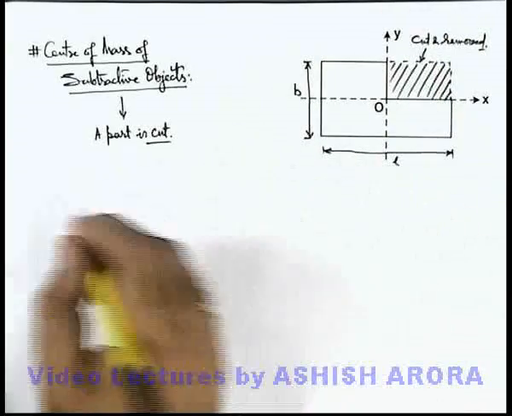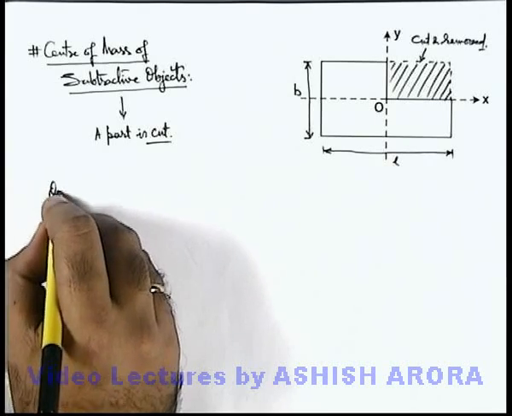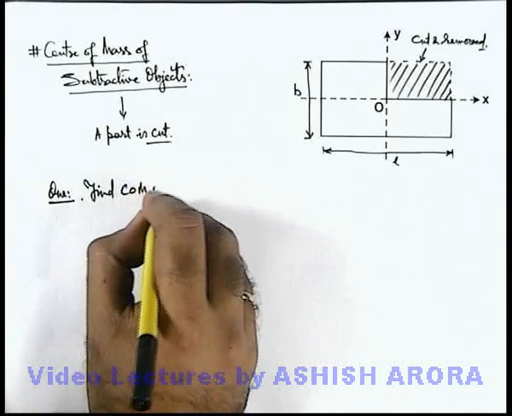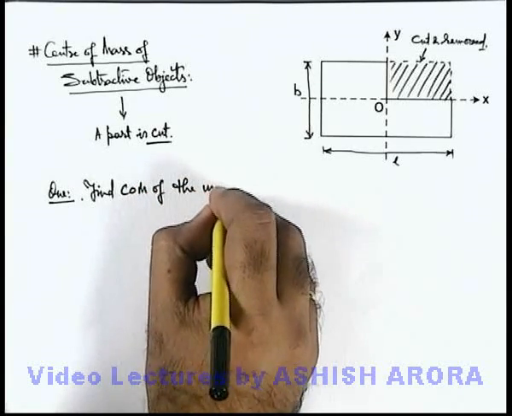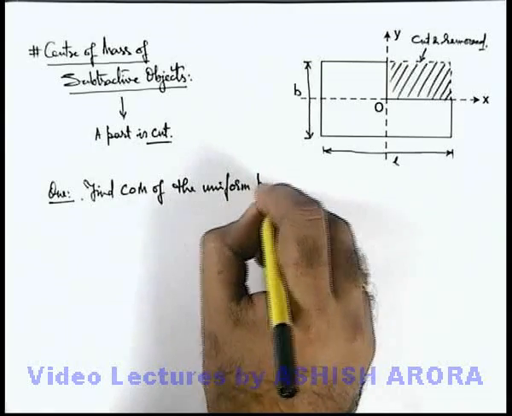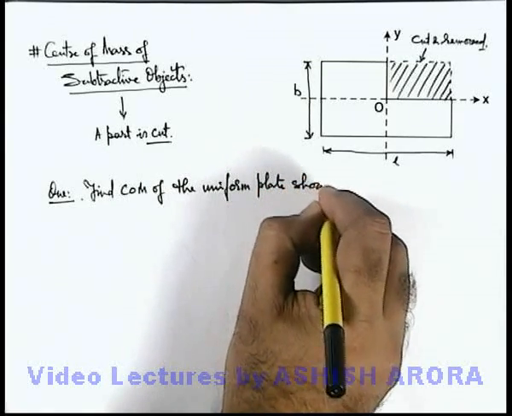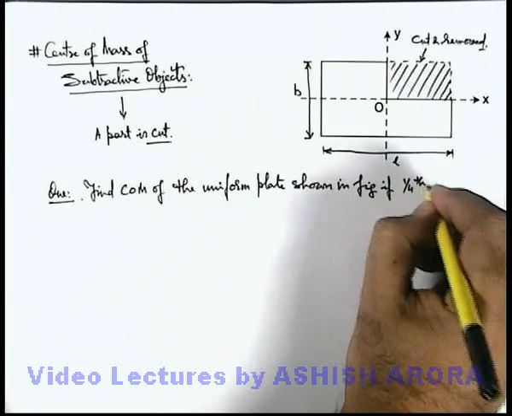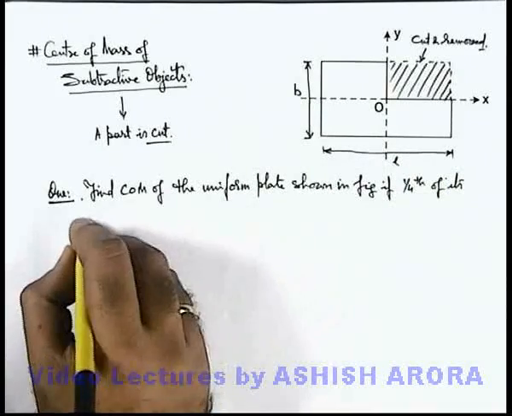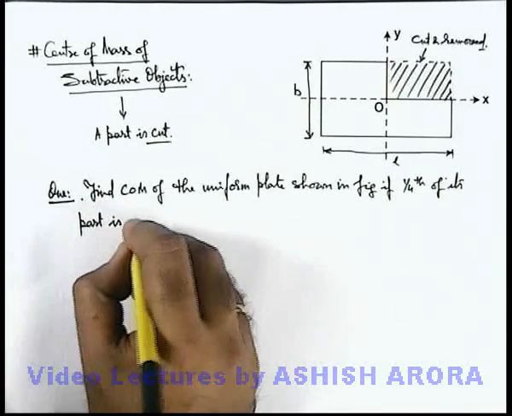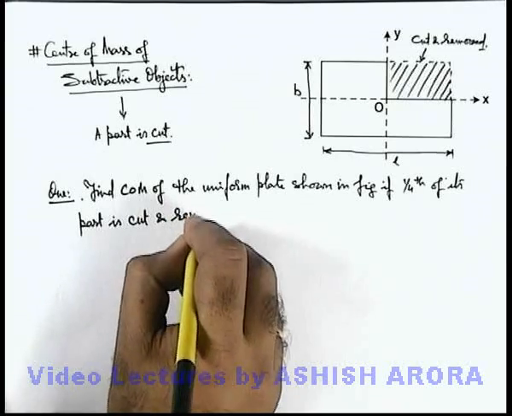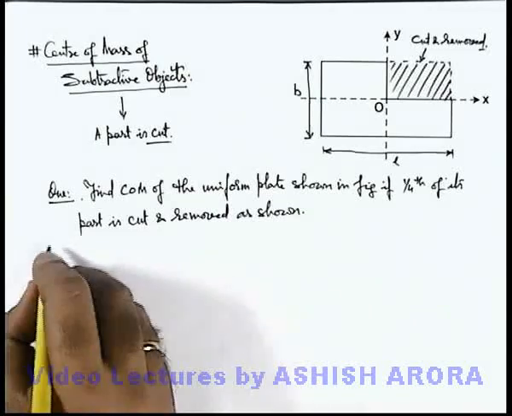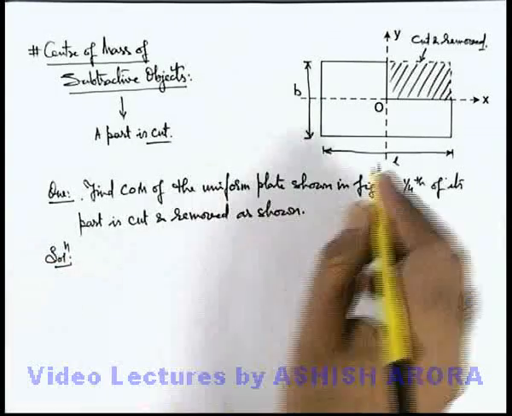And for this section, if we just analyze an illustrative example, say we are given with a question that we are required to find center of mass of the uniform plate shown in figure if 1/4 of its part is cut and removed as shown. Now in this situation, if we are required to find the center of mass of this plate, here